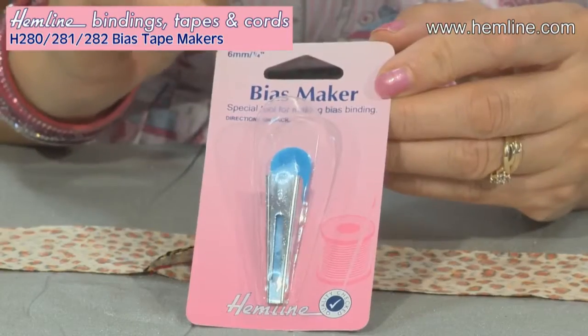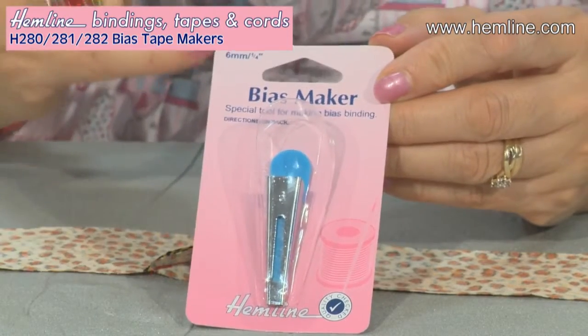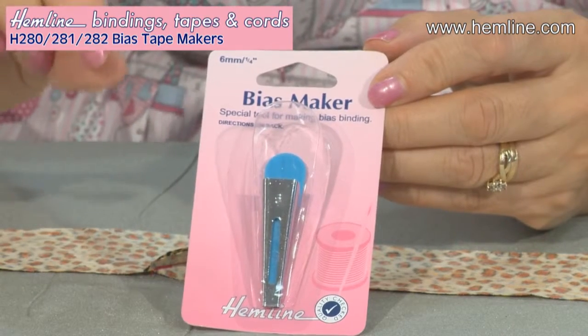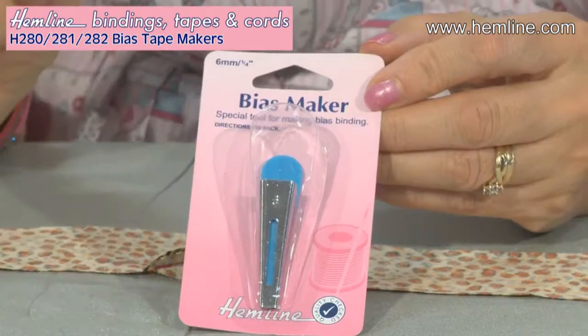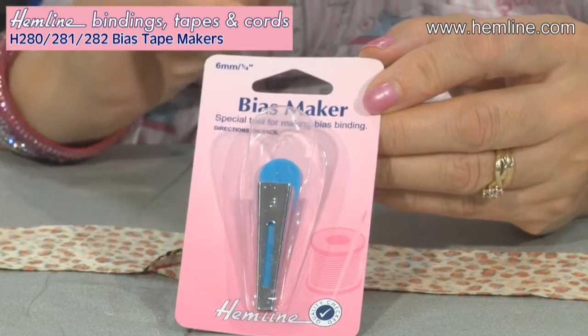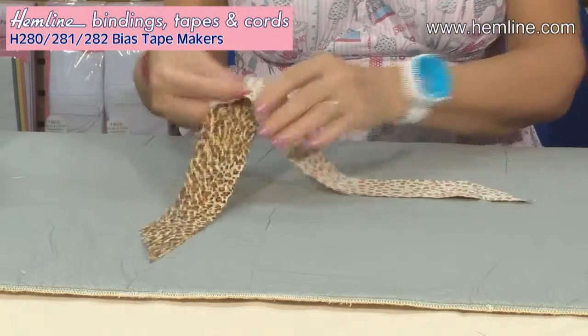So this measurement here, the 6mm one, means that you cut a strip of 12mm, so twice the width it says on there. Although having said that, with this particular one, when it's a very narrow strip, sometimes it's actually better to cut it very slightly wider, makes it easier to pull through. So for this one, I would cut a strip more like 3/4 of an inch. But I'm getting ahead of myself because the first thing I want to do is to show you how to